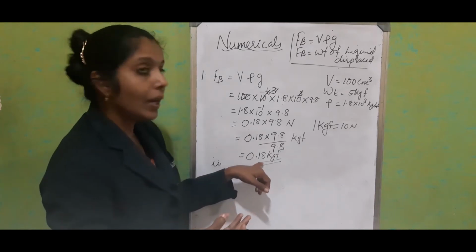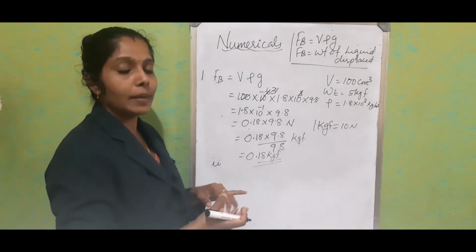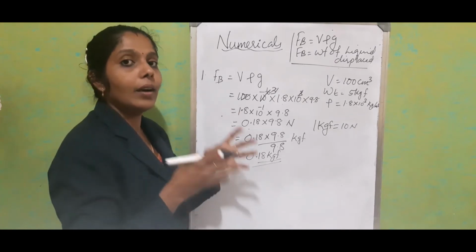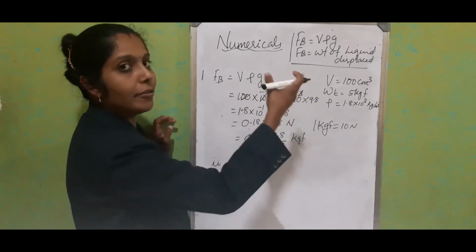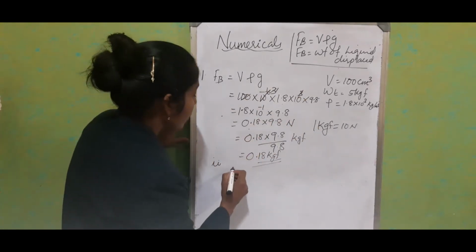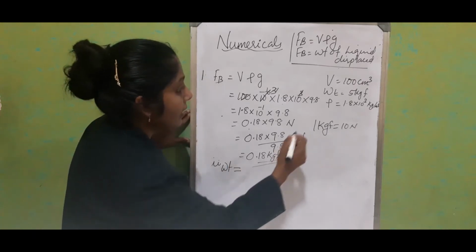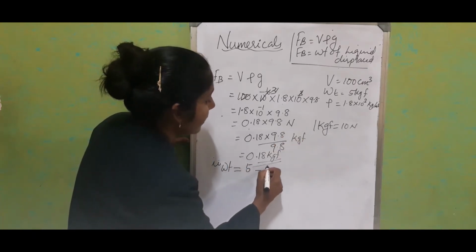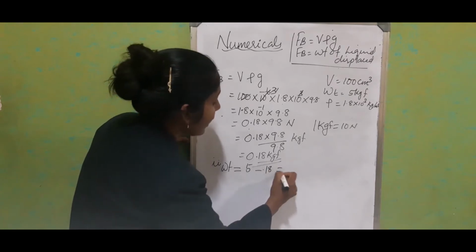This is equivalent to the upthrust, which is equal to the weight of the liquid displaced. Now inside the water, what will be the weight of the particular material? So we have to find out the change in weight. The weight inside the water is equal to 5 minus 0.18,